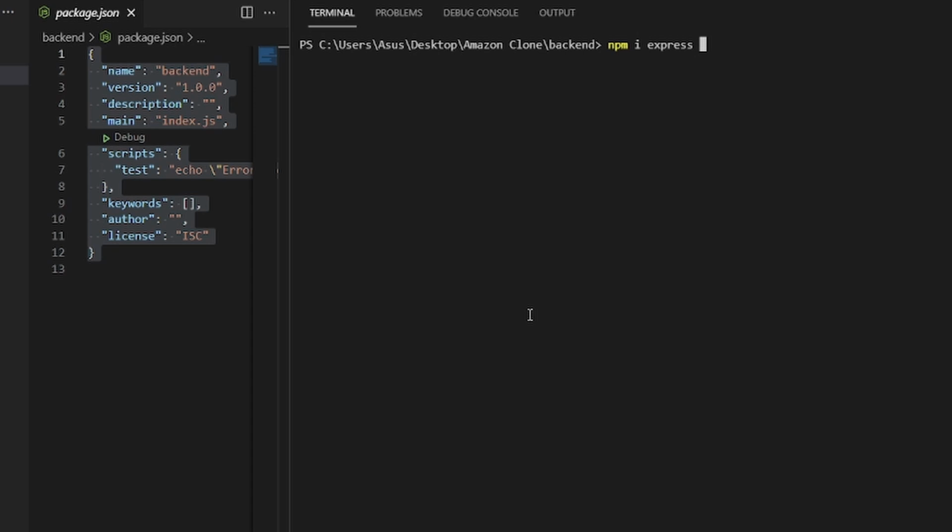Now the language of our code is going to be TypeScript, so I will also be installing TypeScript. So I will be simply writing npm install express and typescript. For now, we will be simply requiring both of these packages for setting up our server. So let's install both of these packages and give it a try. With a single space and without any brackets, simply hit enter. Now it may take a couple of seconds, so let's wait for it.